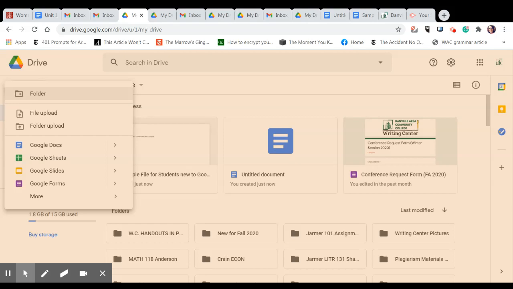Okay. The next two give you the option to upload a file or a folder. So if you have created something on Word or another word processing program, and now you want to save it to the cloud, which is a good idea because that gives you a second place, something outside of your computer hard drive to keep your documents, you can use those options to do that. What we're looking at today, though, is just creating a new document. So we want to click on Google Docs,